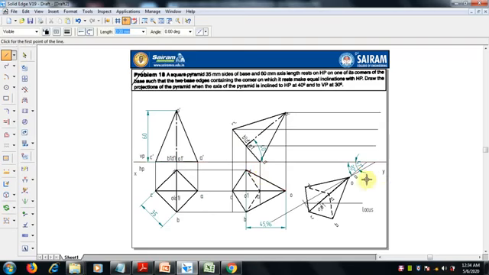A is there already, so O to O, it will come here. End point of A with A, it will be here. End point of B, B to B, C here, and D.